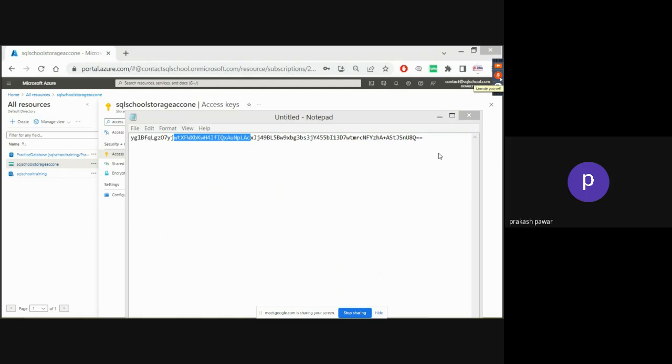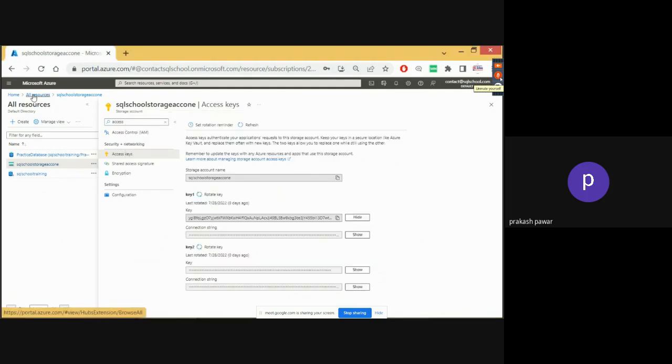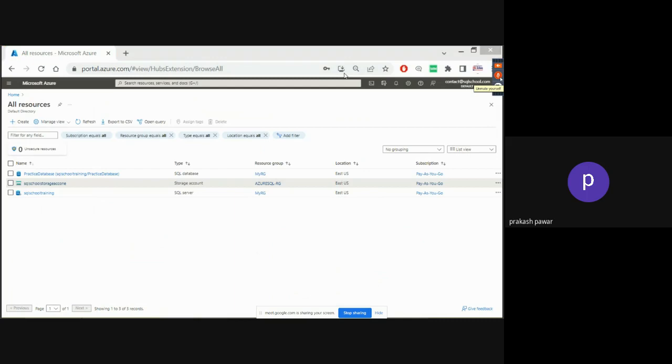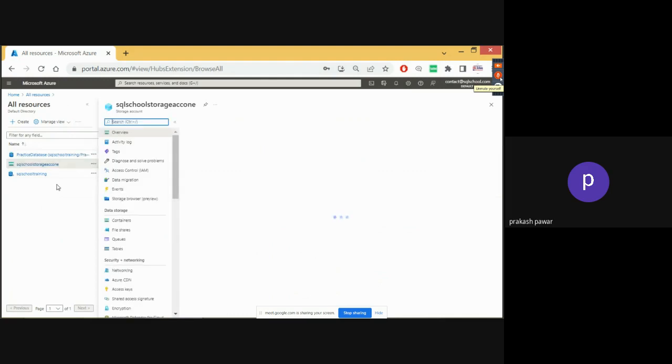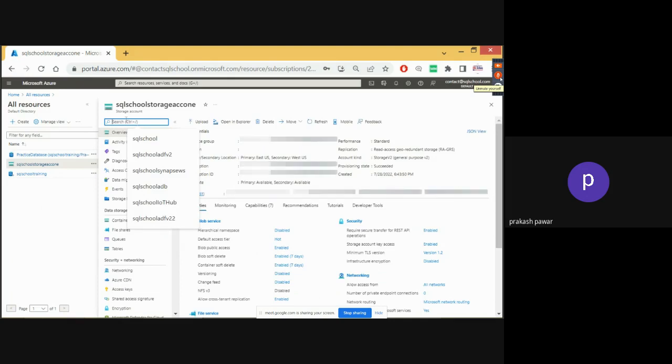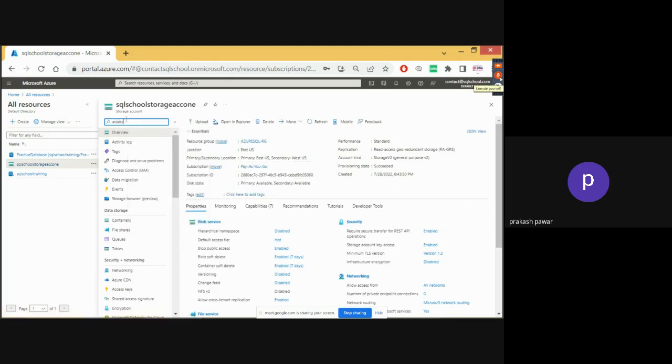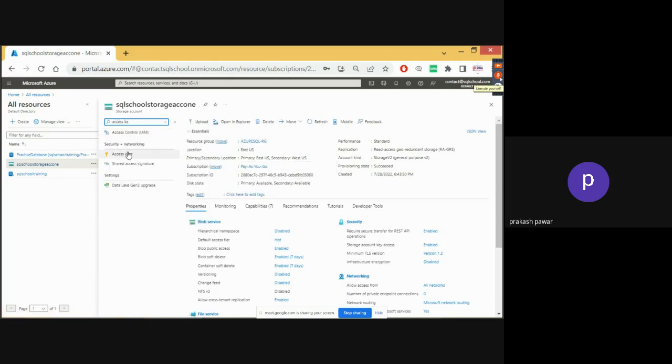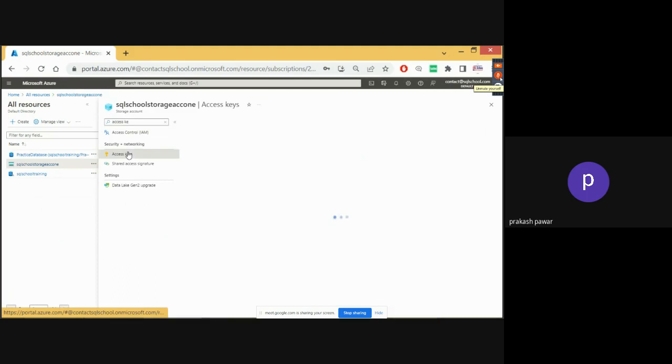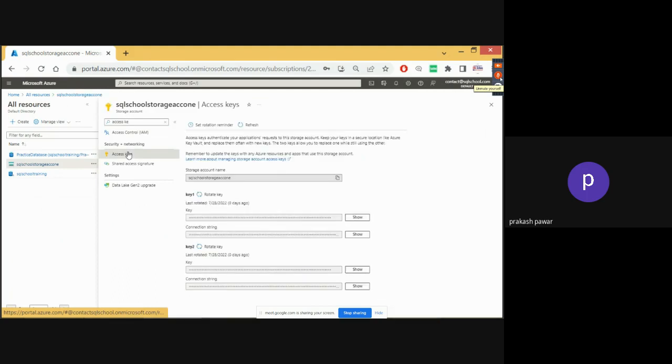Now, how do you get it? I'll repeat. Go to all resources. Click on the storage account. Next, search for access. We have to look for the access key. Go to access, and once we have the access key given,